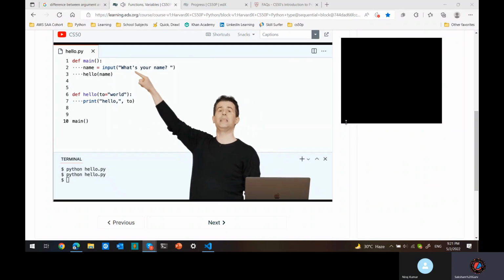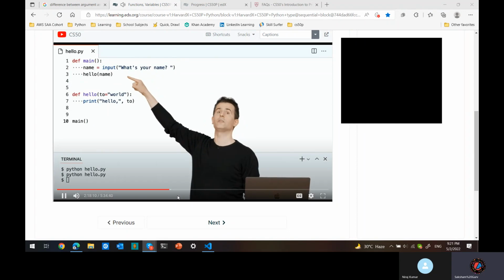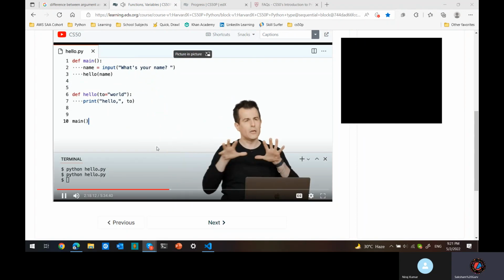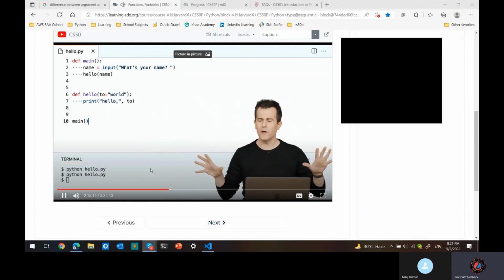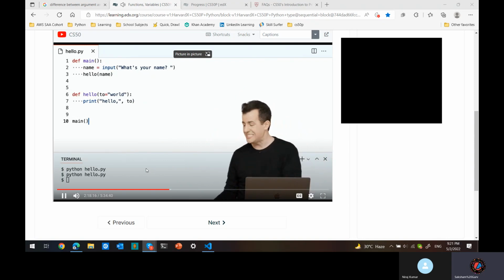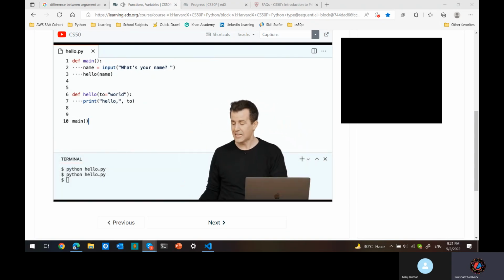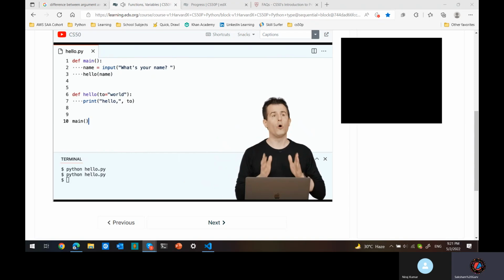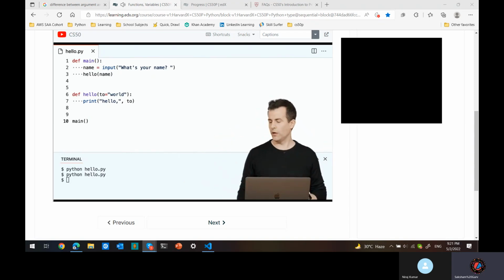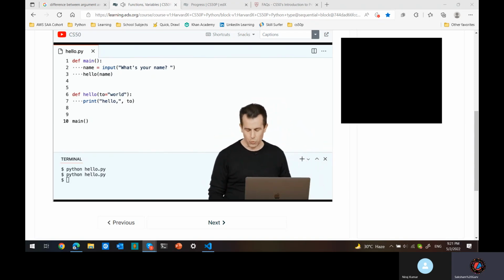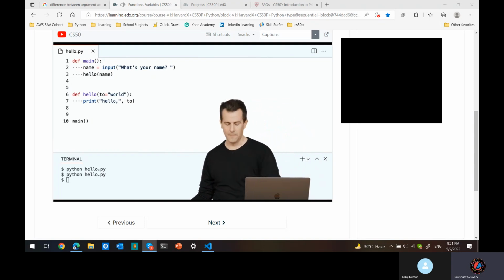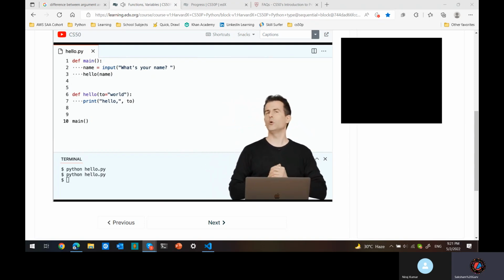Which has the effect of running this code up here, which has the effect of running this code down here, and it allows me, therefore, to organize my file and order my functions in any way I want, including main at the very top, and solving, ultimately, that problem of Python not knowing what's going on. And there's one final flourish we can add here. Now that we've implemented hello, you'll notice that hello